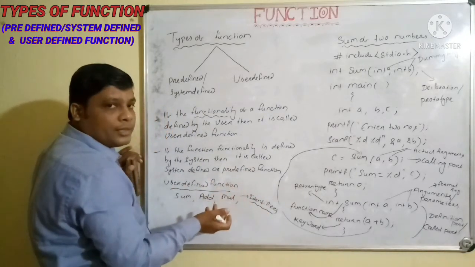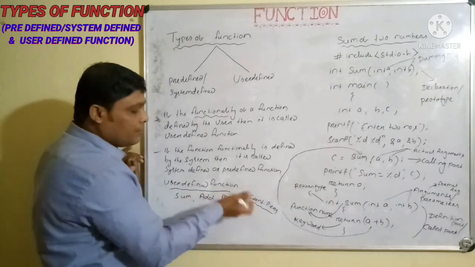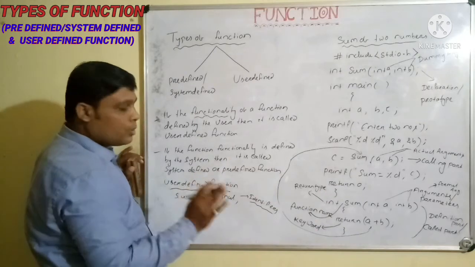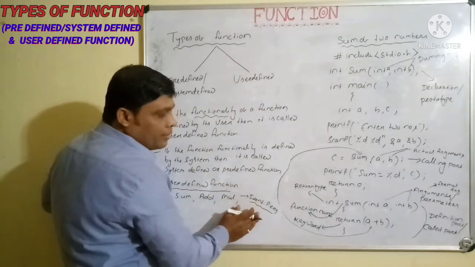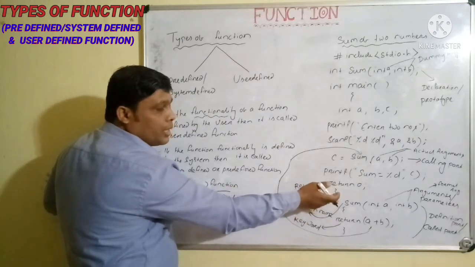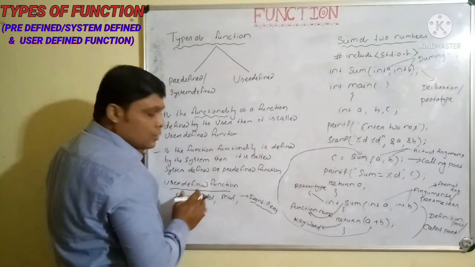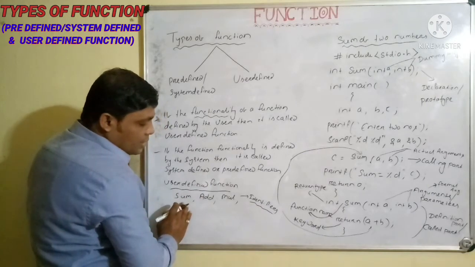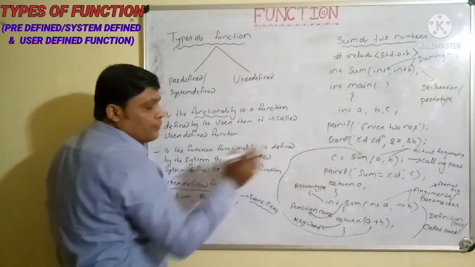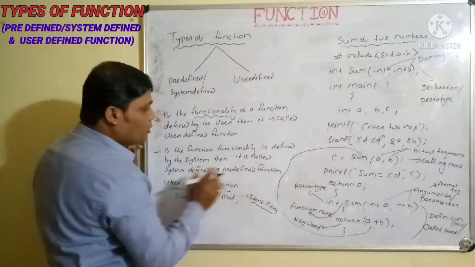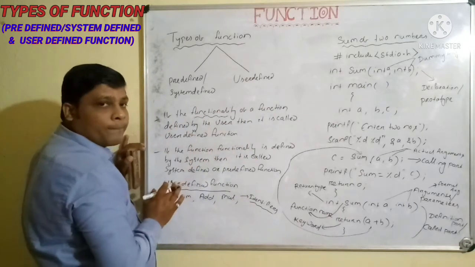Mul1, add1, sum1, like this. Addition, multiplication. You may take any name. Your name also. No problem. Clear? But it is better practice that, according to which type of function name you are taking, its functionality should be defined like that. So these are the user-defined names and its functionality is also user-defined. So if the functionality of a function is defined by the user, then it is called a user-defined function.